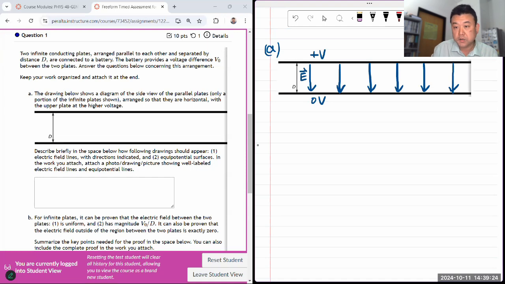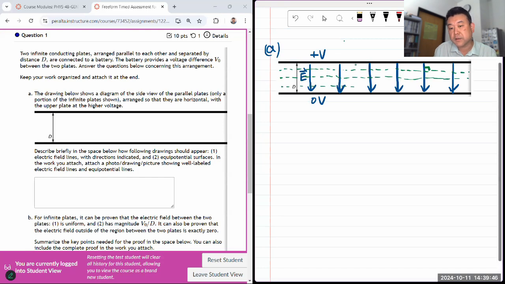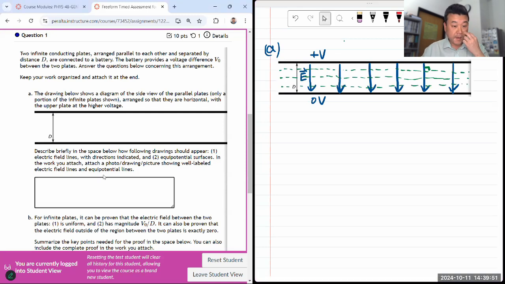And then equipotential surfaces, let me do it in a different color with dotted lines. They should look kind of horizontal. The main feature I'll be looking for is that they are perpendicular to the electric field. And the second main feature is that they should be equally spaced between each other. It's again tied to the fact that the electric field is uniform in this setup. So that's as best as I can draw freehand. So I'll be attaching this into attached work, but in the answer you should give a word description,